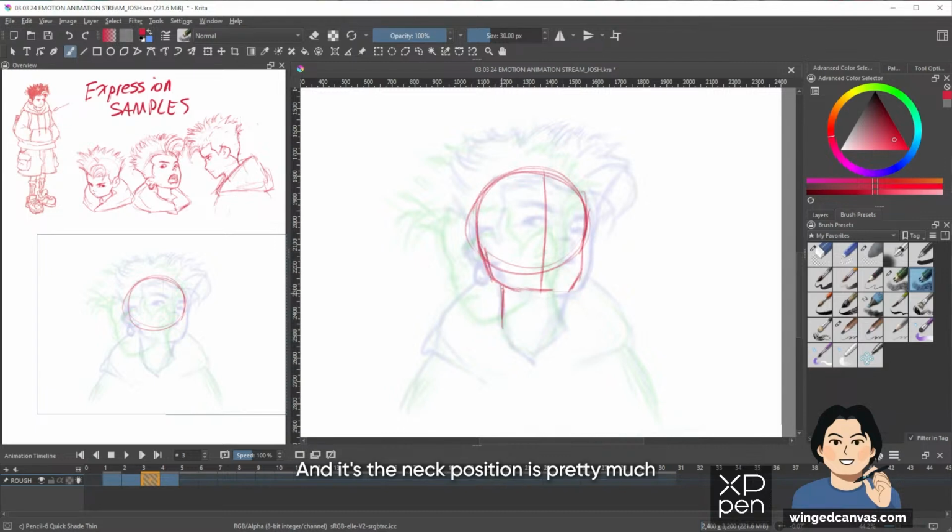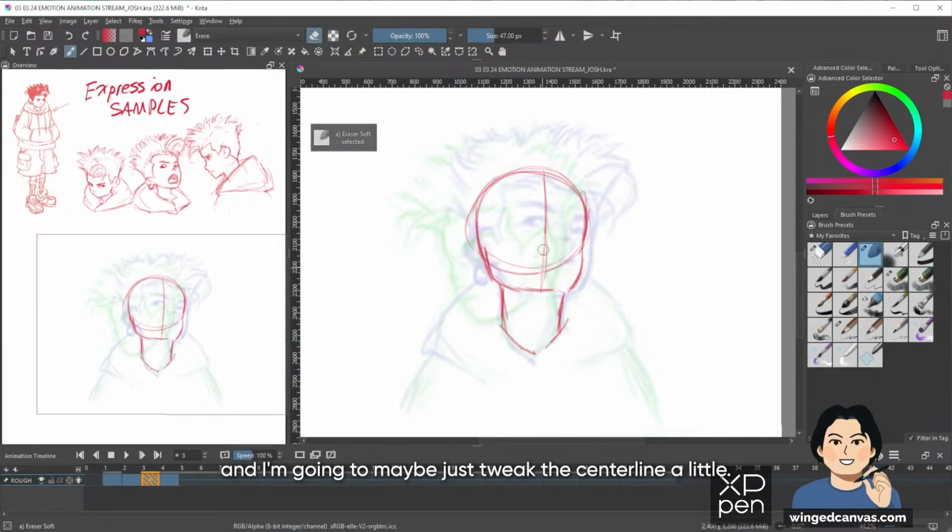The neck position is pretty much going to be similar to the final pose. But yeah, it might be something like this. The jawline would be here, and I'm going to maybe just tweak the center line a little bit.